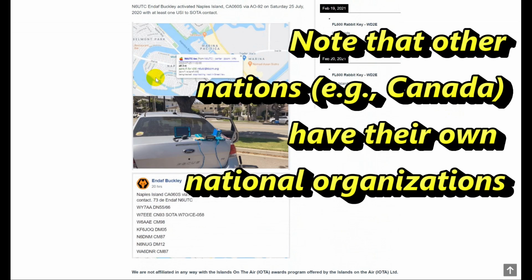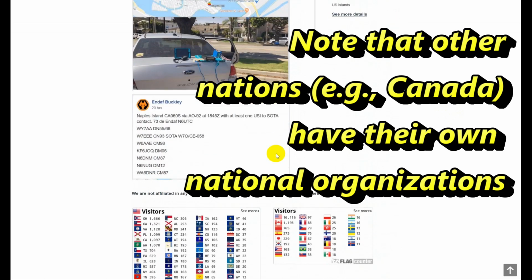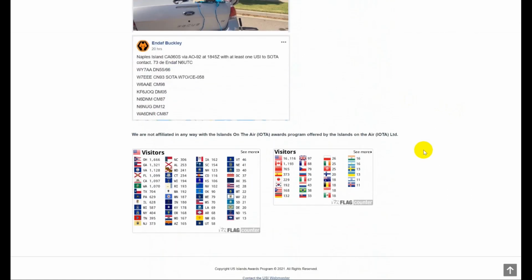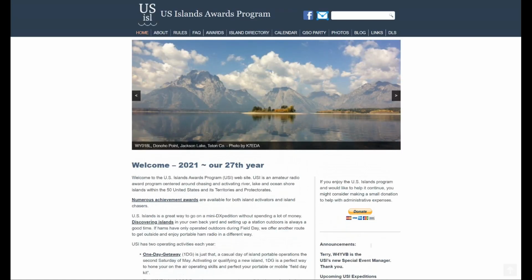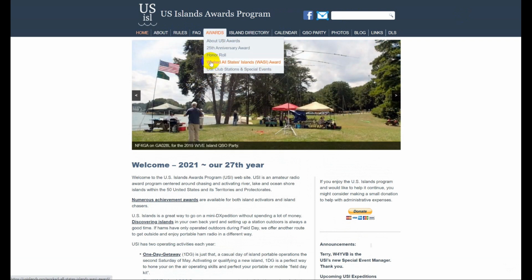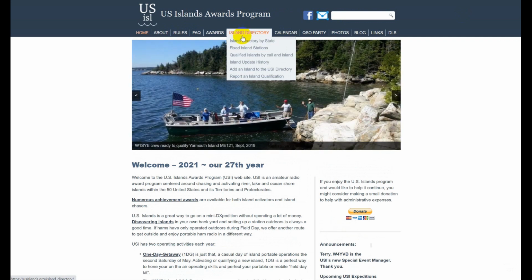Here's an example of an island. Right here, that's an island, and most of these have somewhat different designators and so on. They're about the usual rules. The awards worked all states via islands. The island directory